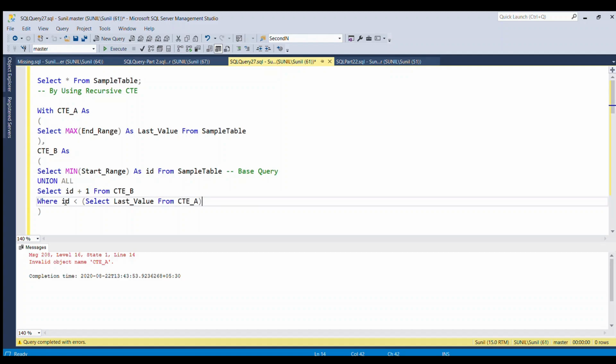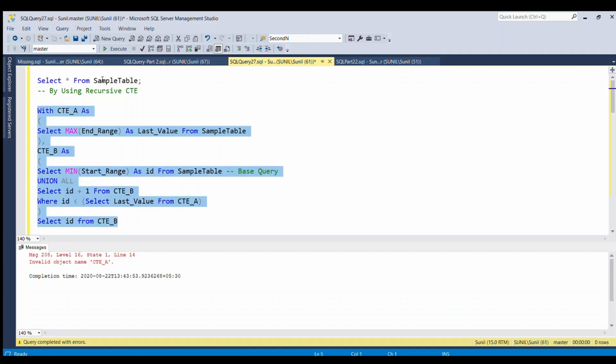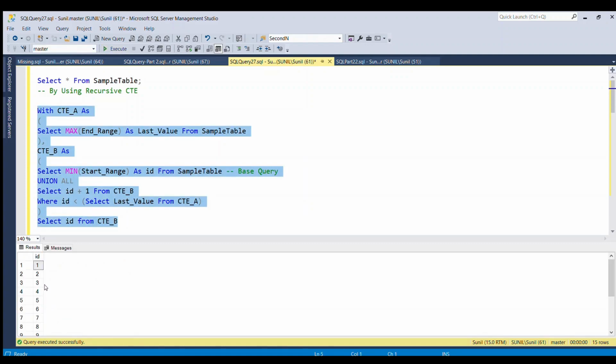This loop will keep running till the ID value becomes 15, because this subquery will give 15. So it is going to print the sequence number from 1 to 15. If I write select ID from CTE_B and run this full query, you can see I am able to generate numbers from 1 to 15.